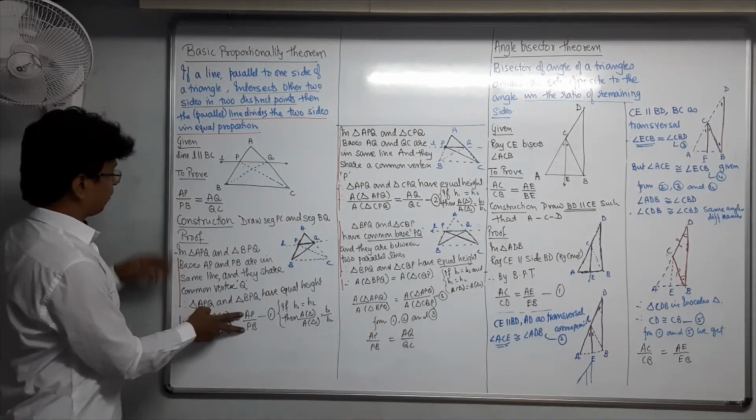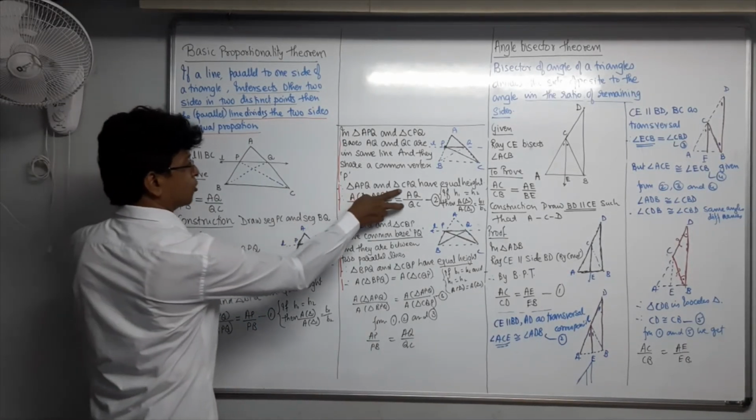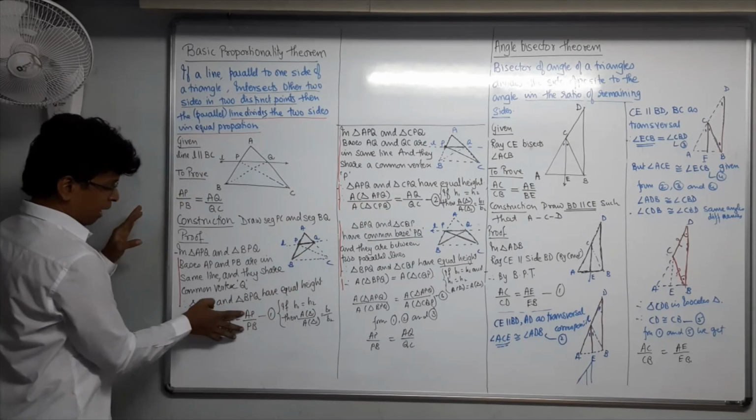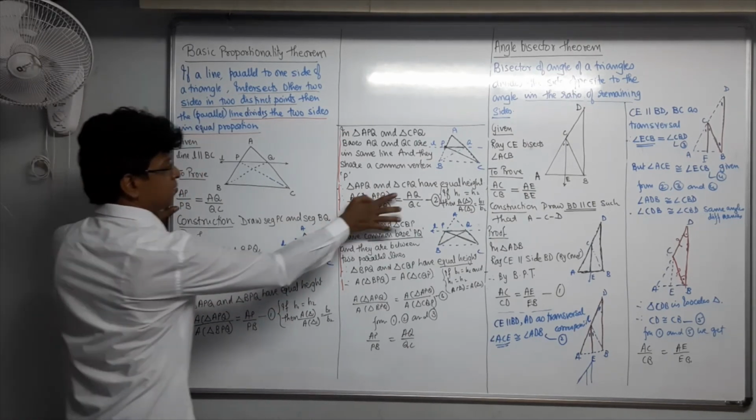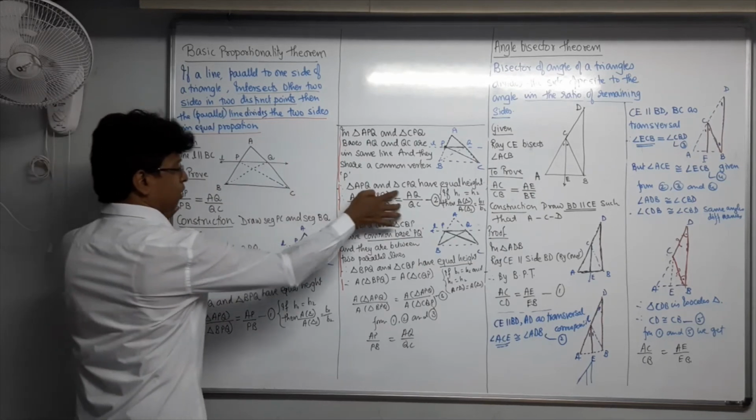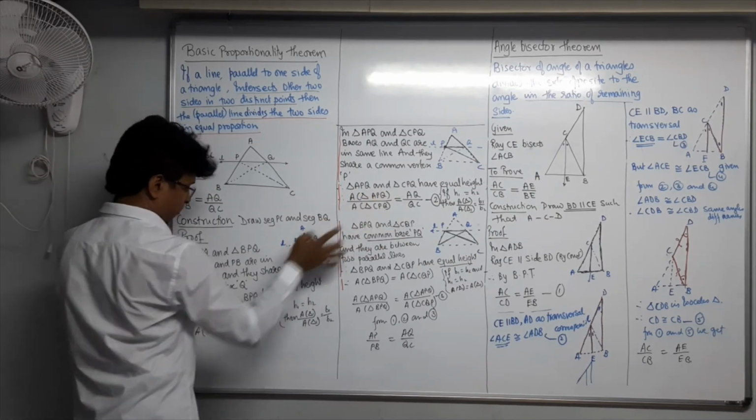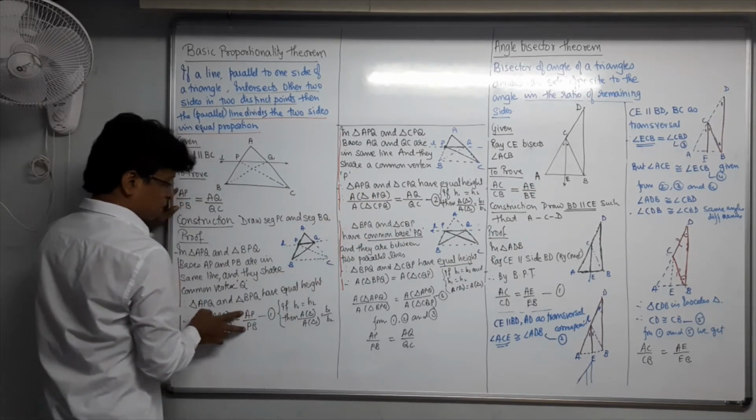See, I get here AP upon PB. I get here AQ upon QC. You can think in this way also. I am getting AP upon PB. I am getting AQ upon QC. Now the only thing is that I have to prove AP upon PB is equal to AQ